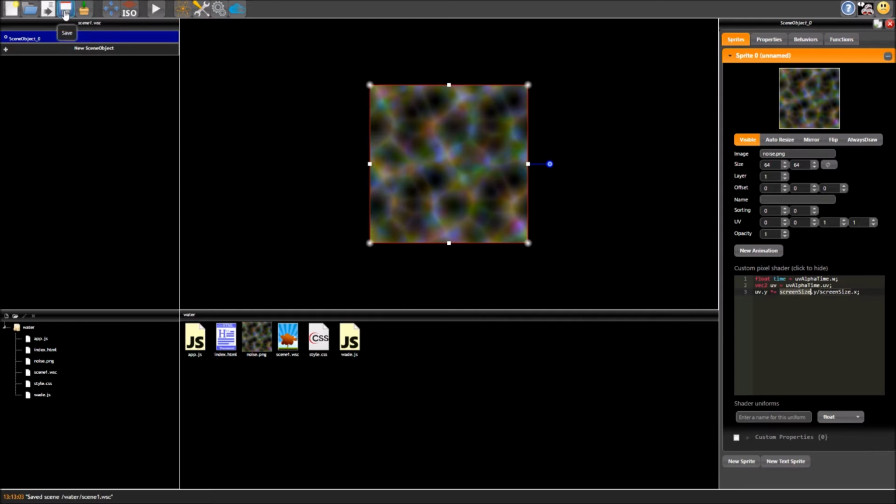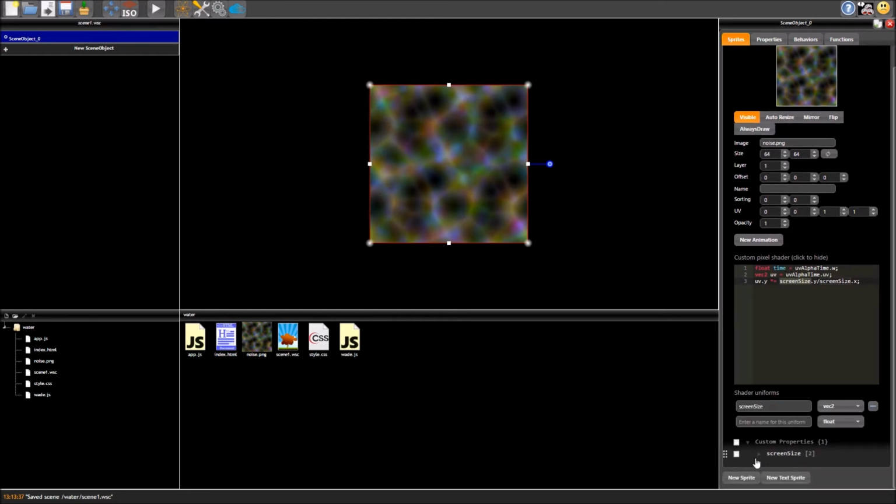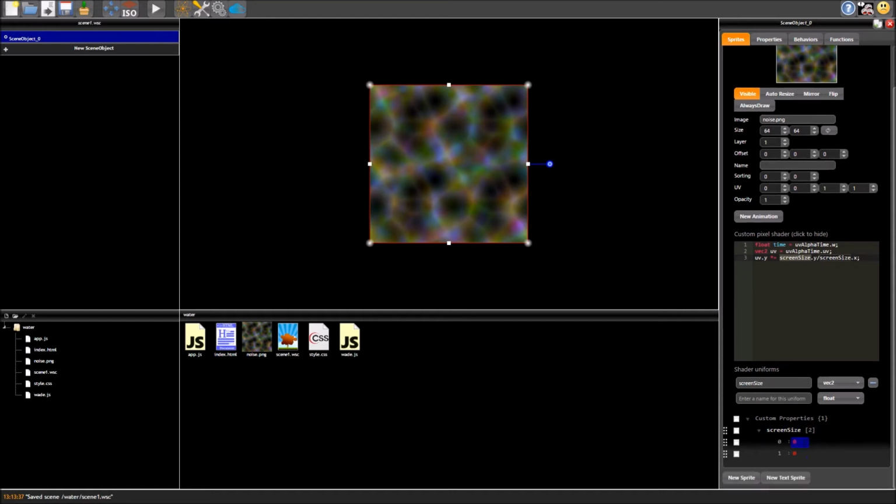That is a good question, so I'm just going to go ahead and save this now. And I'm going to scroll down. You'll notice we've got this property shader uniforms, so UV alpha time is passed in automatically. We don't have to deal with that. However, we've got the screen size property, and I've just made that up right now. It doesn't exist yet, so I'm going to select vec2, and the reason for that is that's basically two floats. It's got an X and a Y. And, well, screen size has got two coordinates, X and Y, so we'll just do that. We'll call it screen size, and you see it gets added down here. I probably don't need to, but I'm going to set the initial values just to 1280 by 720 to match the project. There we go.